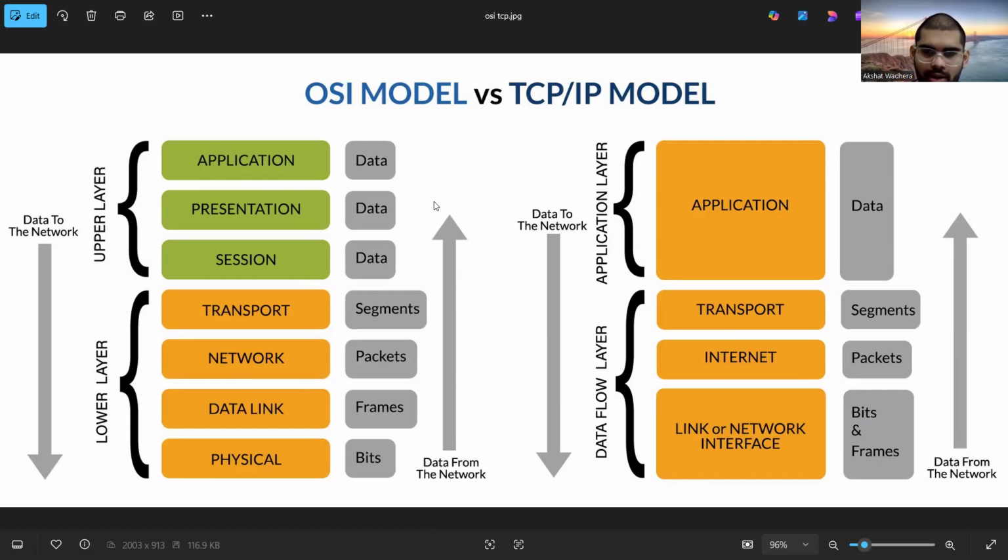So, let me give you an example. Suppose I search on Google. What it does is first create an HTTP request. Then the request is transferred into segments using the TCP protocol. Then the